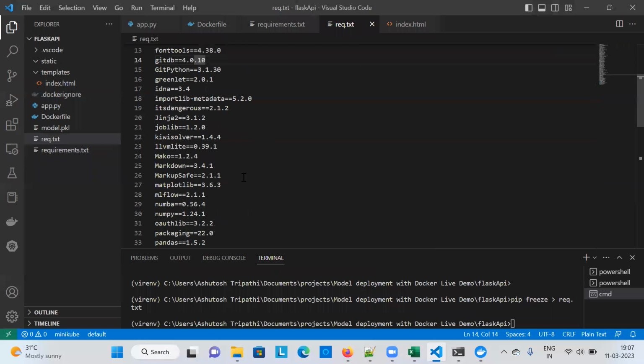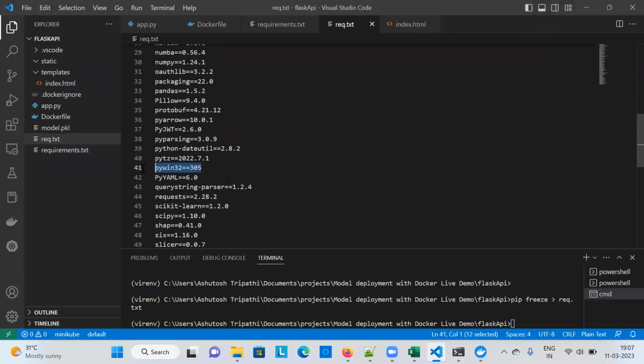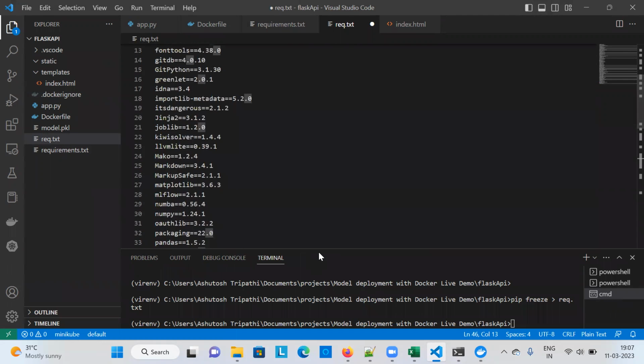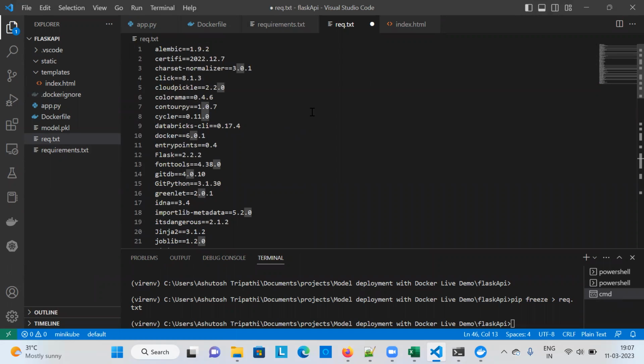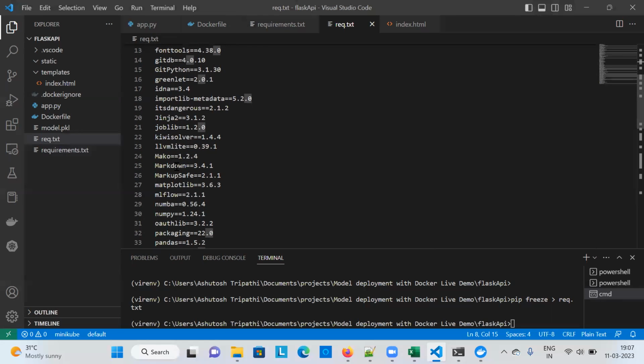Okay, so here, see, we will be having a cycle. We don't need this pywin because it is not required, so we can remove this, and here we have scikit-learn and everything else. Okay, that's fine, and let me just run it, and then we have numpy. Where is numpy? It should be there. Just a minute. Yeah, so let me use this 21 version, otherwise it creates a problem. Okay, and then we don't need this